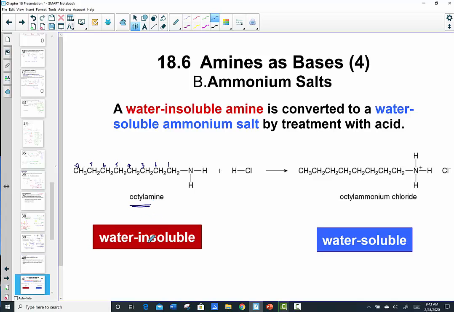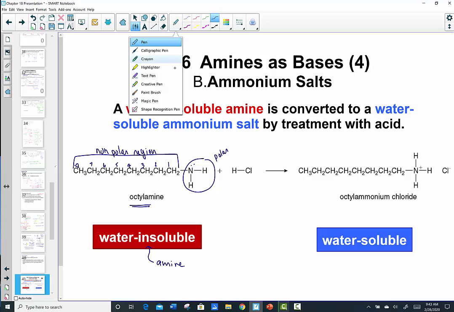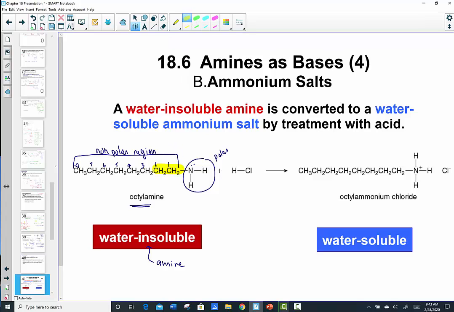Well, certainly that's greater than 6, so this is an insoluble amine. Carbon chain is too long. This is a very nonpolar region, making that an insoluble amine. Even though this is a polar region, we're saying that the carbon chain has become so long that it dominates the qualities of that molecule